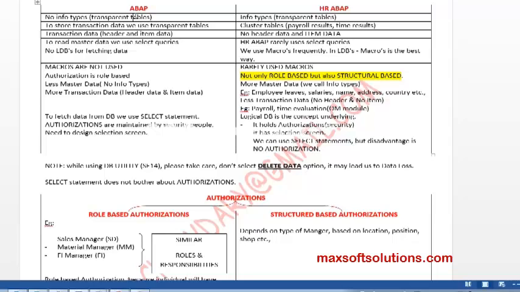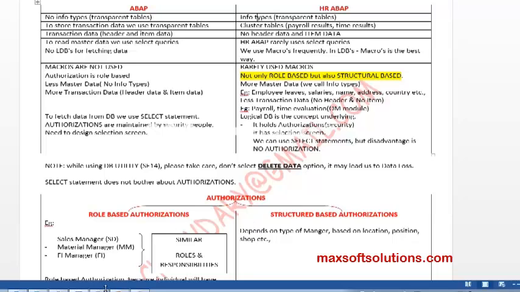So yesterday we were discussing the DBMS and RDBMS, and we were discussing the transparent tables, okay? So do you know how to create a pool table and how to create a cluster table? No, I don't know. Actually, we never create them. Okay. So the thing is, we don't have any infotypes in normal ABAP, but in HR ABAP we always work with infotypes, and of course sometimes we go for transparent tables also.